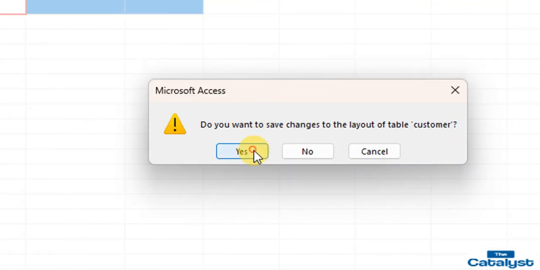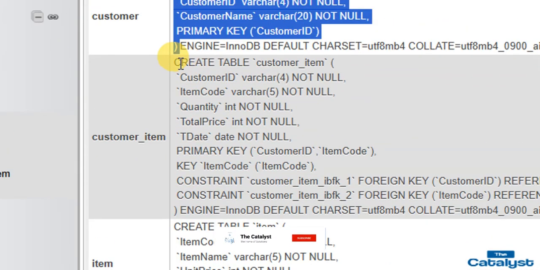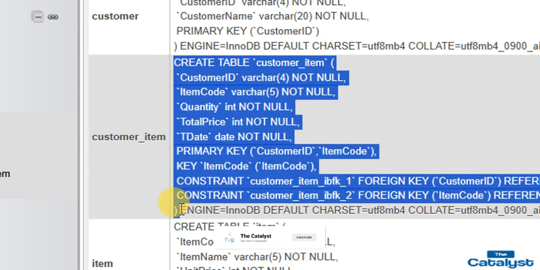Let's move back to MySQL and copy the second. Now we will not copy this one for now. Why? Because we have foreign keys here. You cannot create something that does not exist. We start by first of all creating the table that